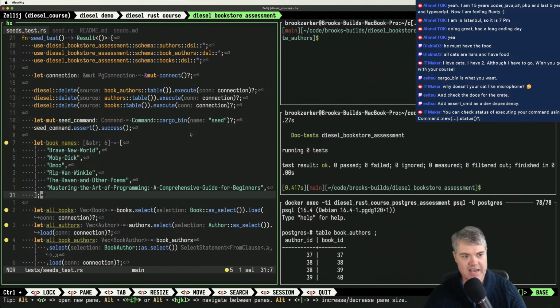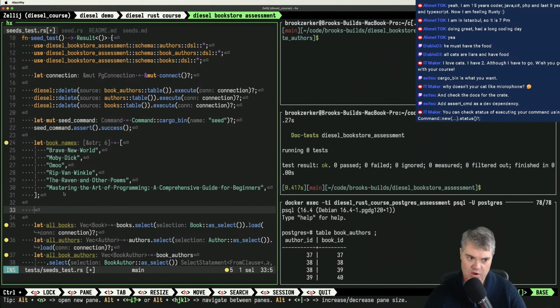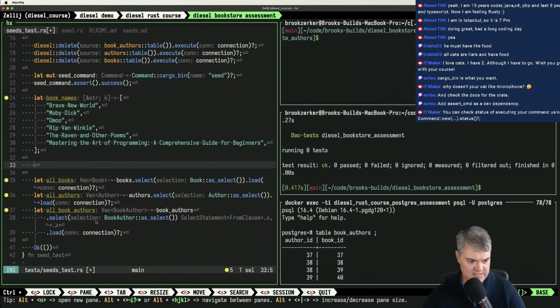Okay, so after we delete the table, we delete everything in the database, and then I want to check to see that we have 6 things, or at least that we have the same number of things as these. So instead of all books like this,